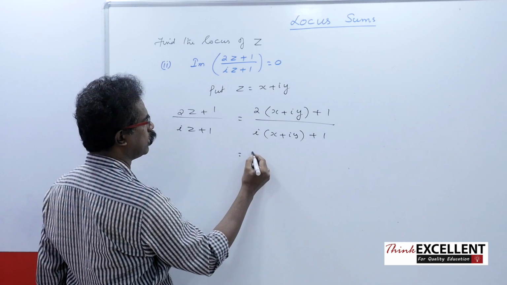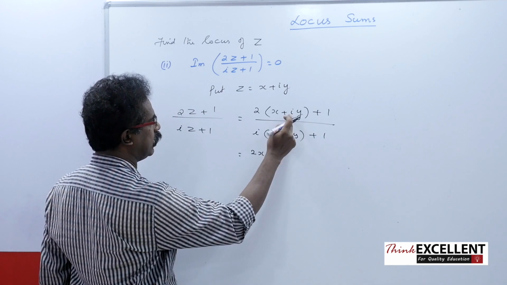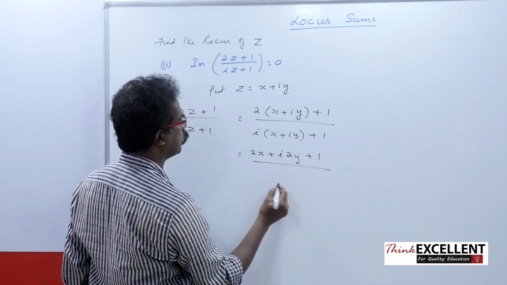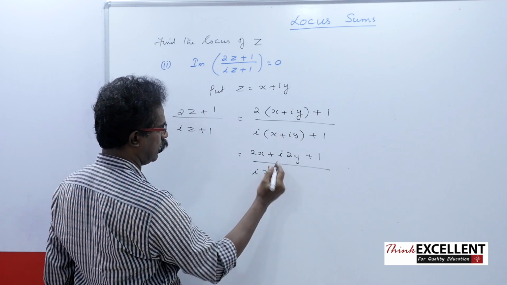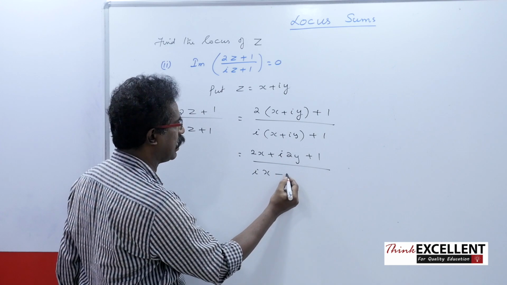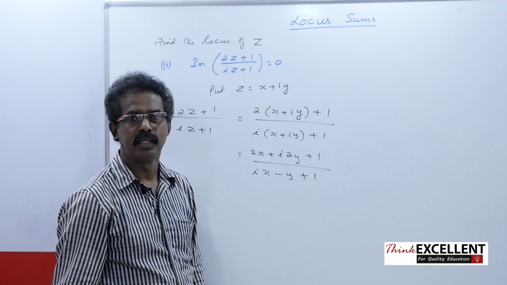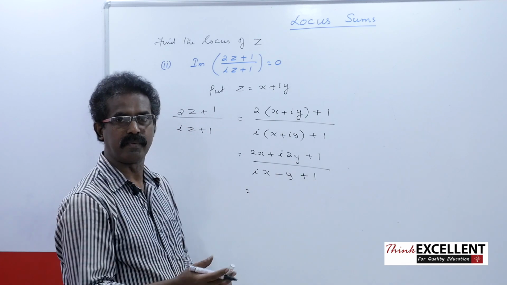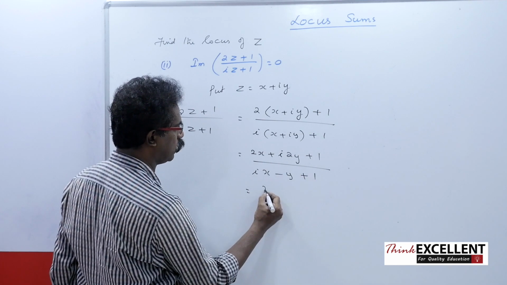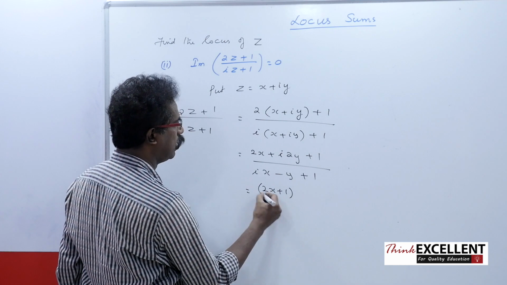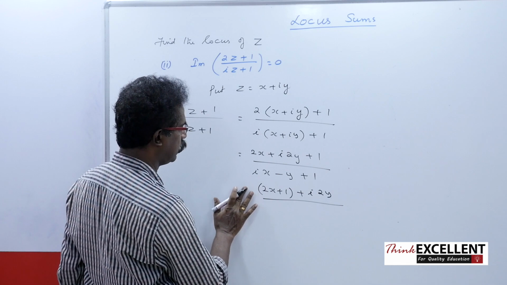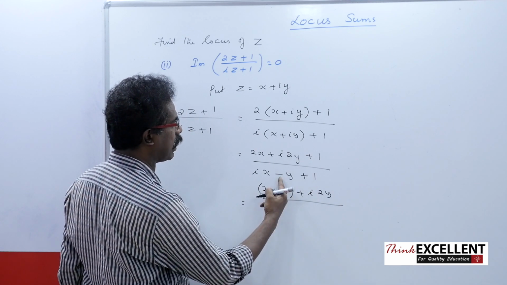Expand the numerator: 2x plus i into 2y plus 1; by ix plus i into i square, it is minus 1. So we write minus y plus 1. Now the numerator, write in a plus ib form. Denominator also write in a plus ib form. See the real part: 2x plus 1, so 2x plus 1 plus i into 2y. Denominator, the real part is 1 minus y,